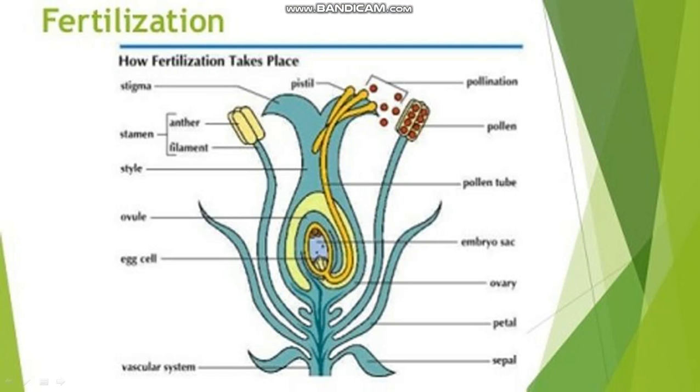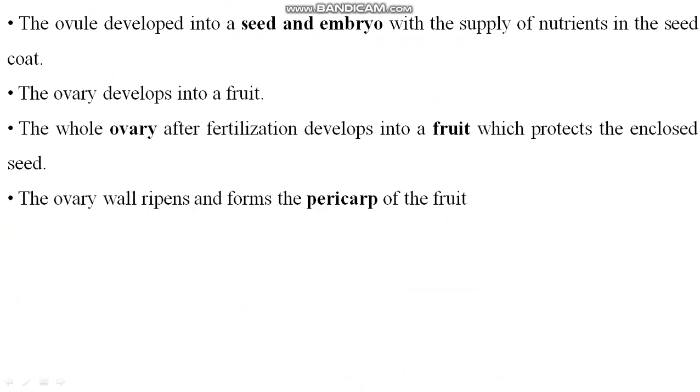Now from this, the pollen tube emerges here, and this pollen tube reaches the embryo sac. This is the embryo sac, and axil is here. This is the ovary, petal, sepal, vascular system, right. So the embryo sac is here, and fertilization takes place here. The egg cell and one male gamete fuse together and form the zygote here. Clear? The ovule develops into a seed and embryo with the supply of nutrients in the seed coat. The ovary develops into a fruit. The whole ovary after fertilization develops into a